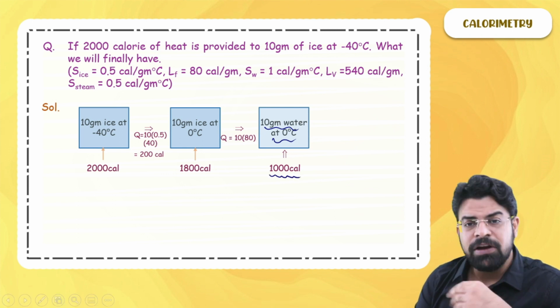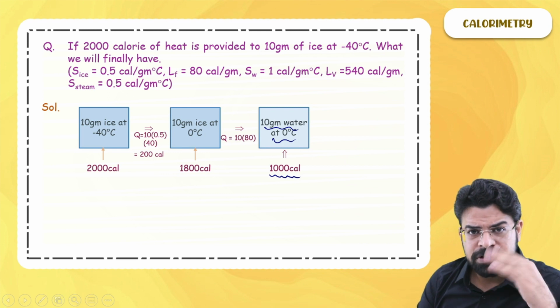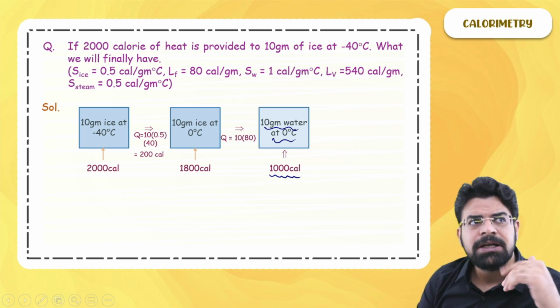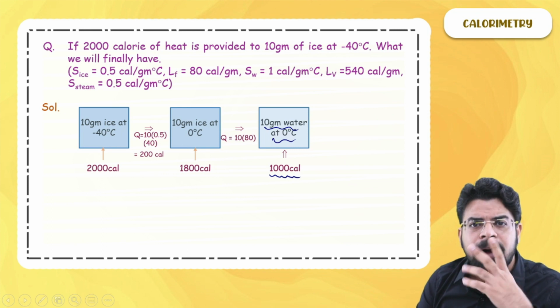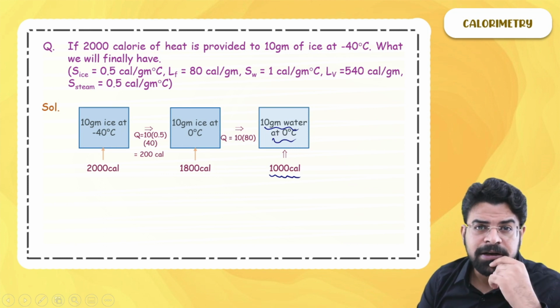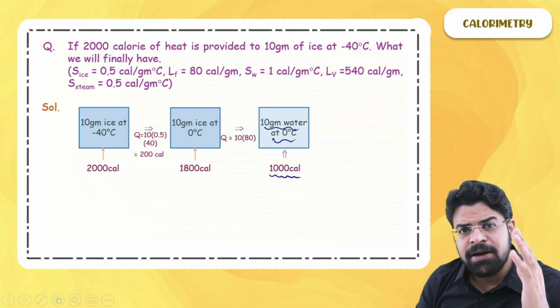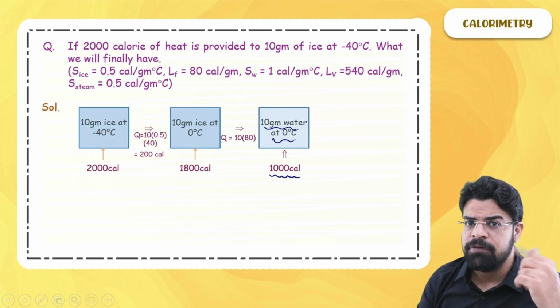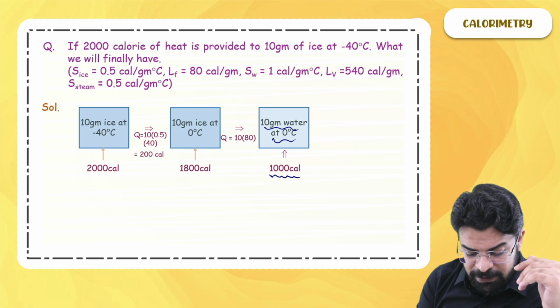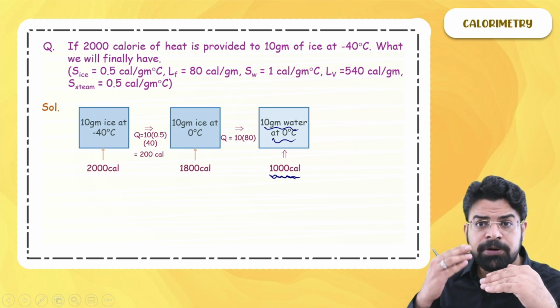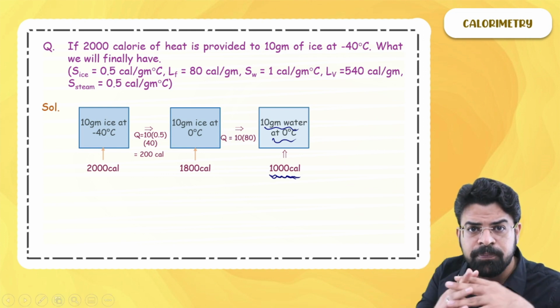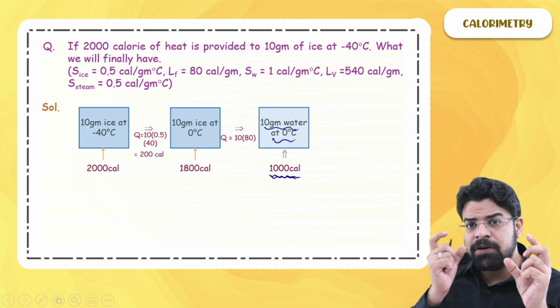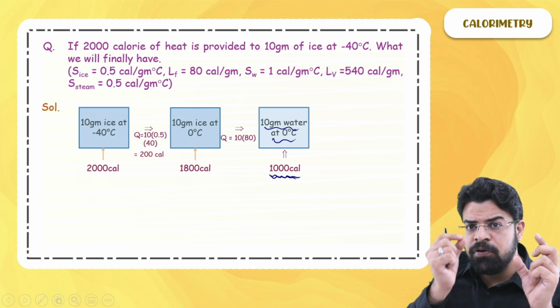When you have got water at 0 and you start providing heat, what happens? Sir, the temperature of water starts to increase, up to 100 degrees centigrade. What special thing happens at 100 degrees centigrade? Sir, at 100 degrees centigrade, the water starts to evaporate. So from here, whatever heat is provided will be utilized to increase the temperature of water. How much heat will be required to increase the temperature of water from 0 to 100?